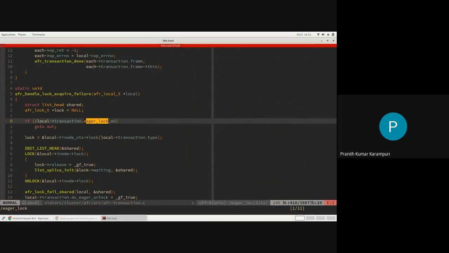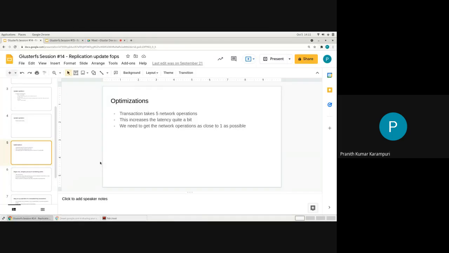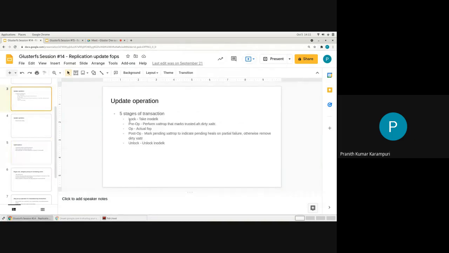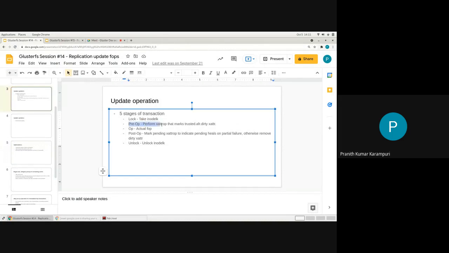Initially, whenever we take the lock, we take a full file lock. When we do a pre-op, which is marking something as dirty, we do that also. The very first operation, we do this as well. Then we will actually do the operation.